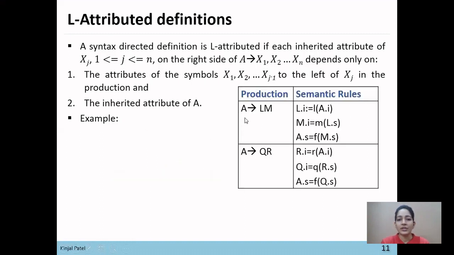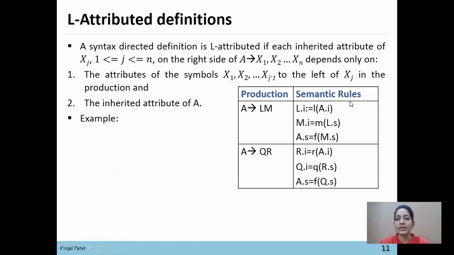So here is the production rule that A derives LM. So these are the semantic rules for this production, that here L.i means L is inherited attribute and it depends on the A.i. Means L depends on the parent of this attribute. So